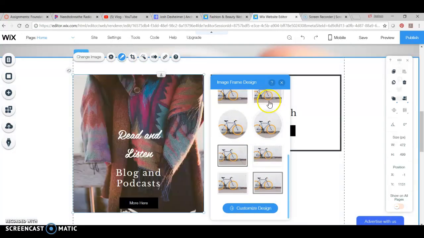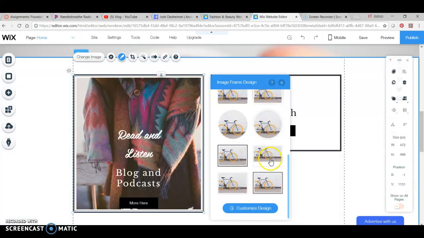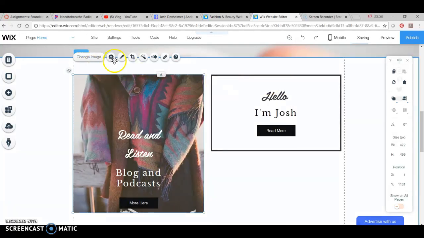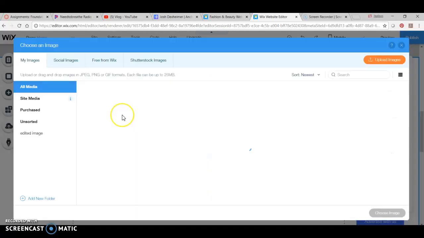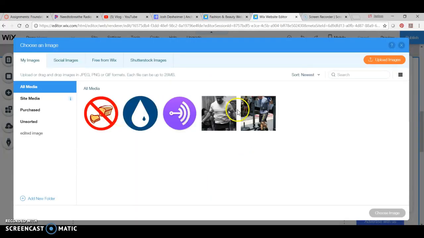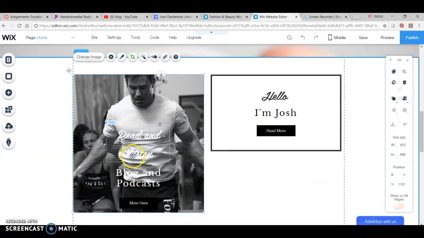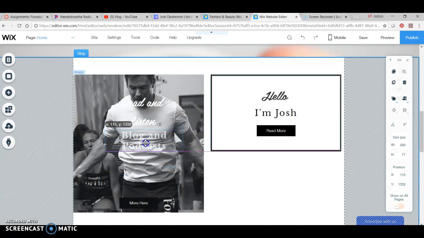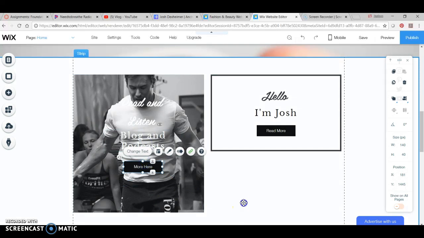So there's frames. You can customize the design however you guys want it. Make it a circle, nice and neat. And then I'm sure there's a way in which you can, obviously there it is, change the image. And if we want, I'm just going to do this image again because I've already used it. So now you can go to blog and podcast, and then if you want to change the box, edit the button,